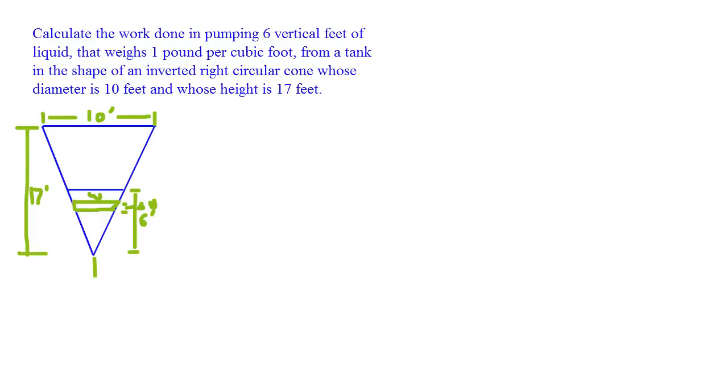So the volume of each slice is going to be pi times the radius squared, which is half of w squared, times the change in height, which is the height of the actual slice that we were talking about. So that should simplify to pi fourths